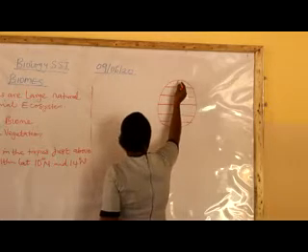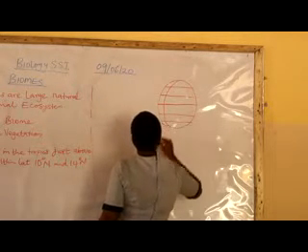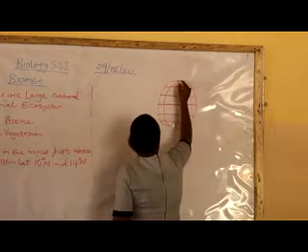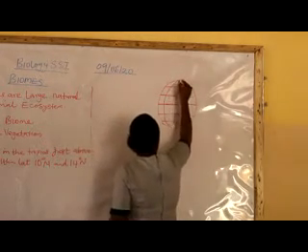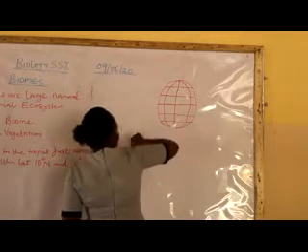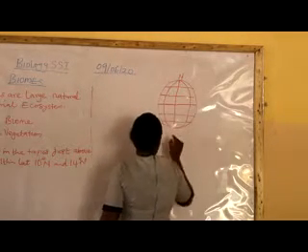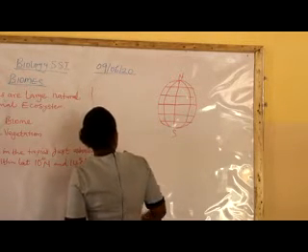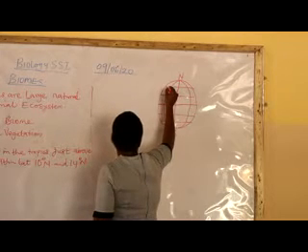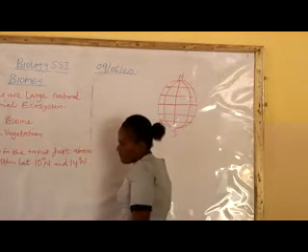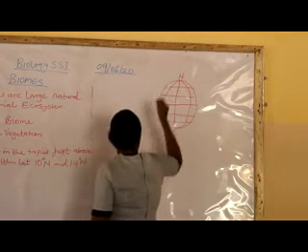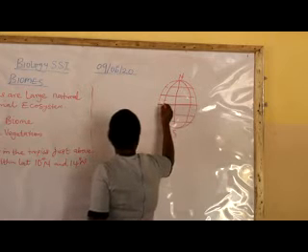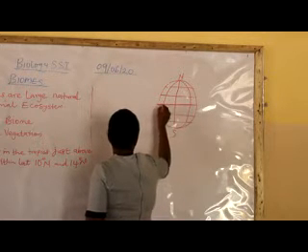So if we talk about latitude 10 degrees to 14 degrees north, and this is the axis of the earth, and this is the north, and this is the south. So if you are locating latitude 10 degrees north, the equator is the center of the earth here. So at this latitude, 10 degrees north is where you get Nigeria.